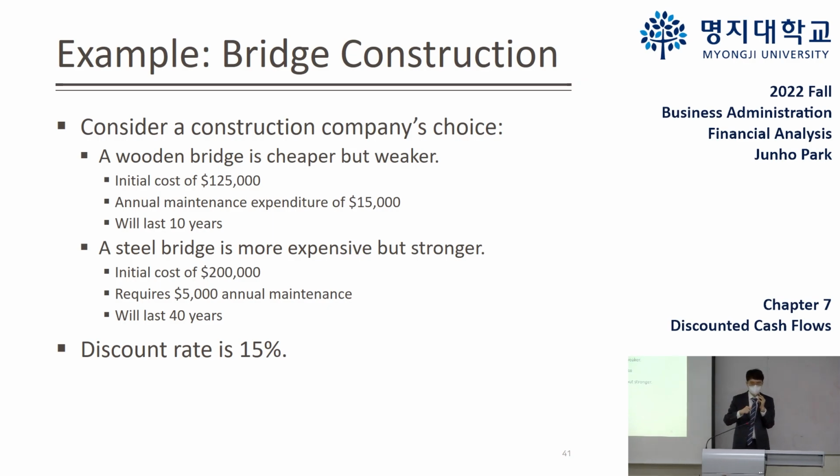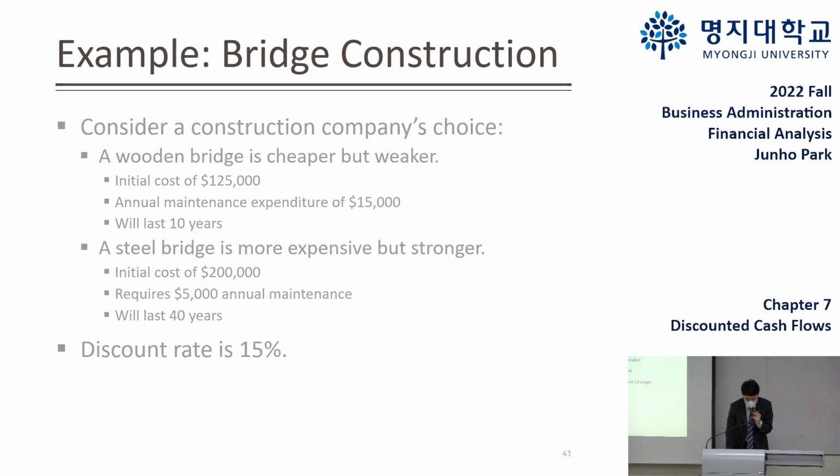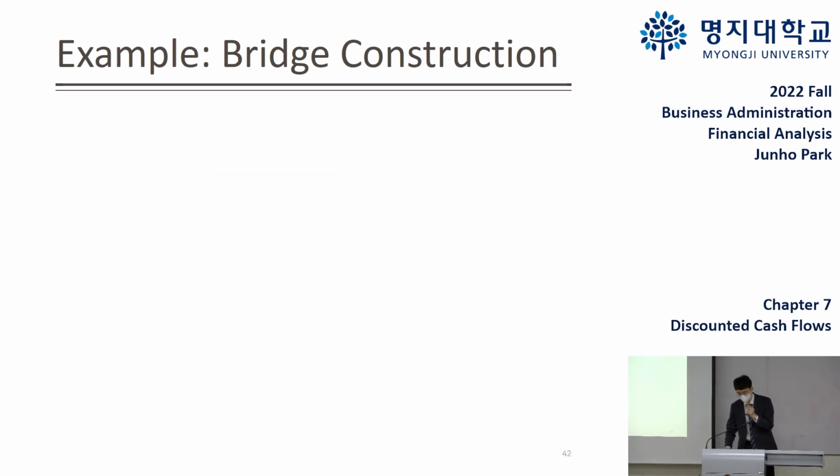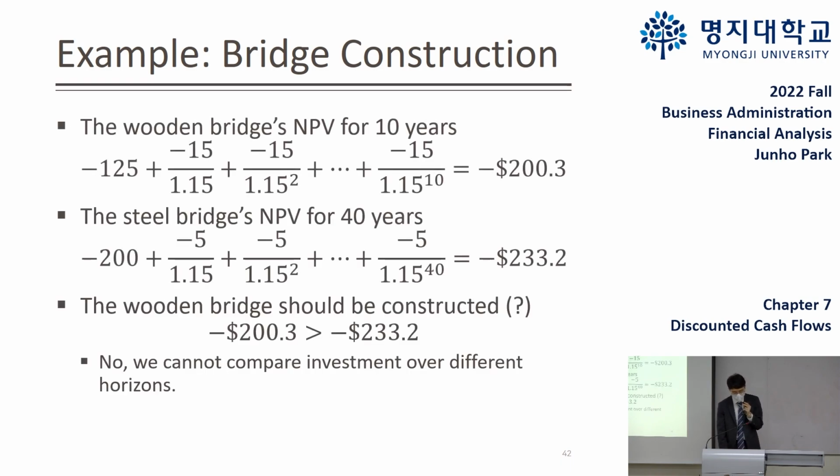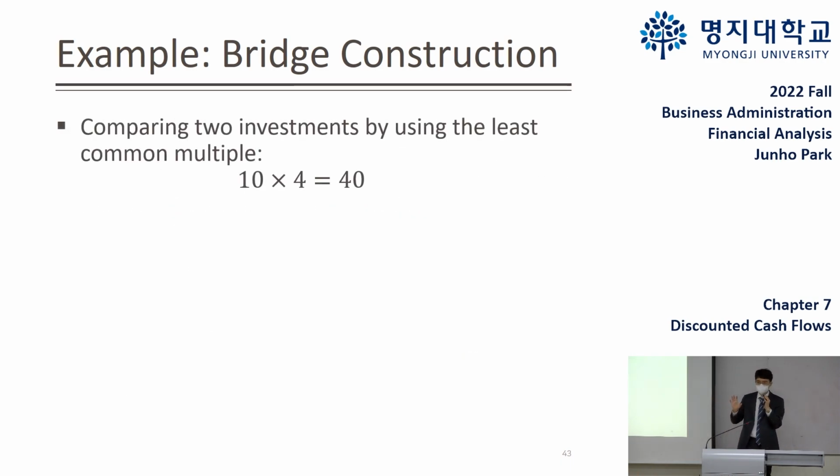So if we choose a wooden bridge, then it will live shorter, but on the other hand, if we choose the steel bridge, then it will be long lasting for 40 years. Therefore, it is not sufficient to compare their NPVs directly. And we were able to make our own conclusion based on the fact that they have different periods of investment, so